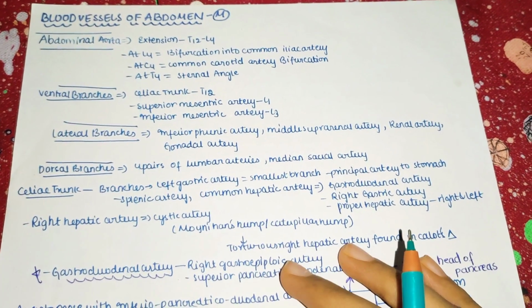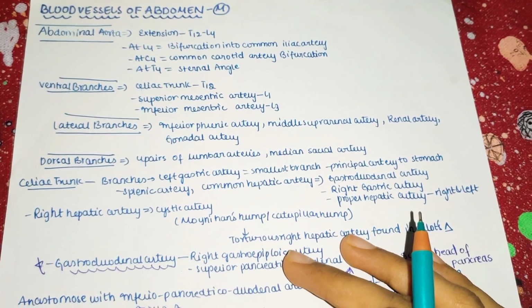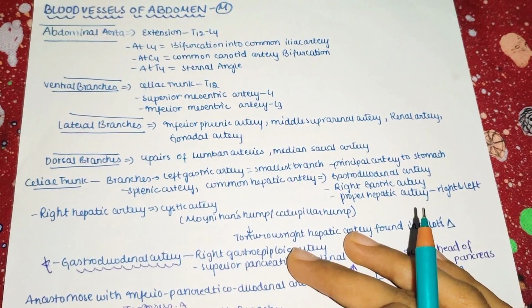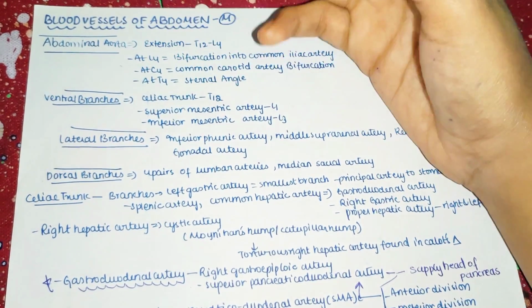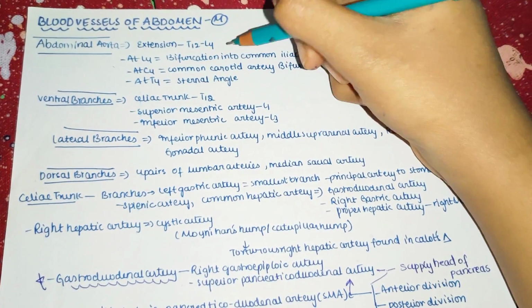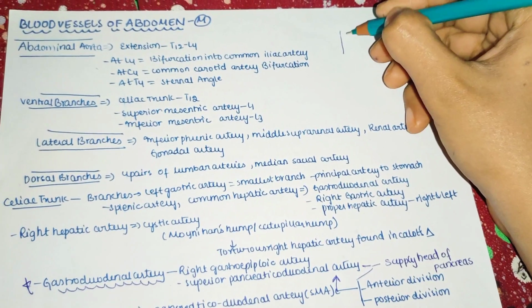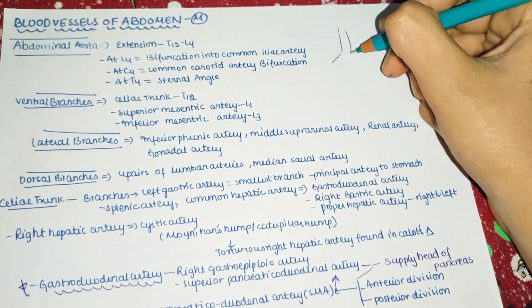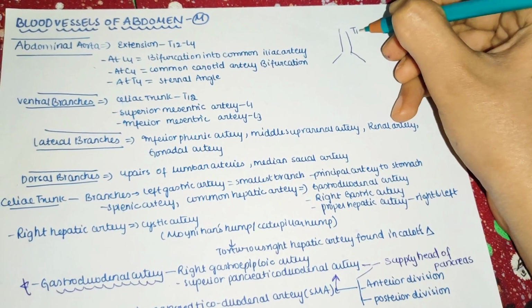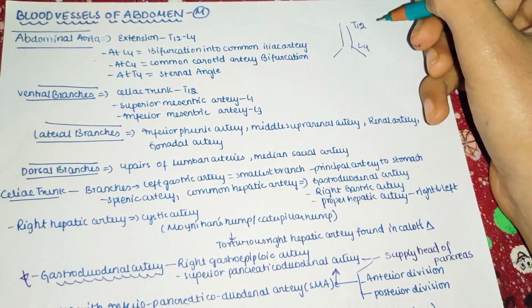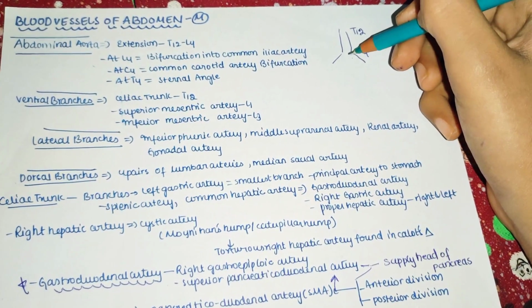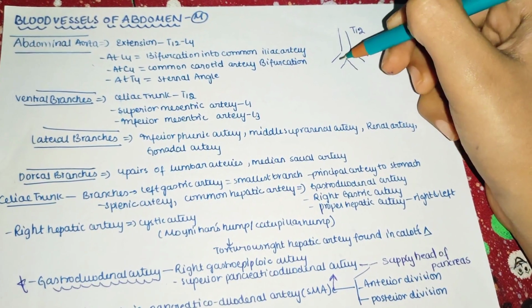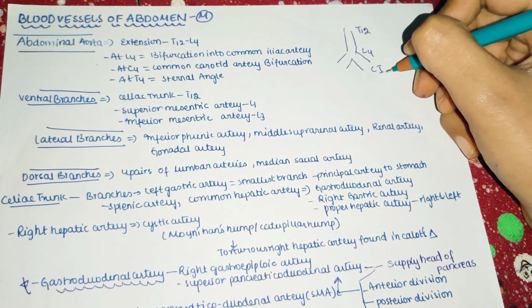Here we are going to start the blood vessels of abdomen. So we know that the blood vessels of abdomen are mainly arising by means of abdominal aorta. The abdominal aorta is mainly extending from T12 vertebral level to the L4 level. So this is the T12 level and this is the L4 level. And at the L4 level, the abdominal aorta is dividing into the common iliac arteries, that is into right and